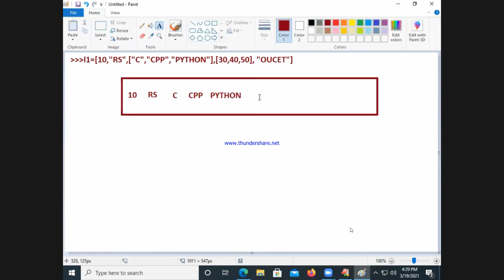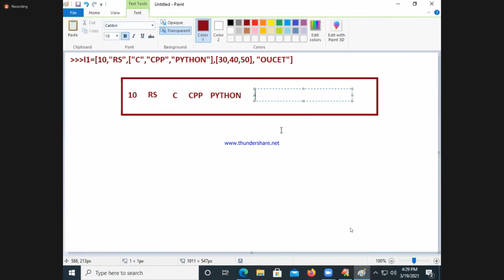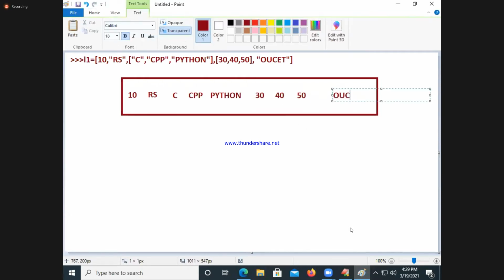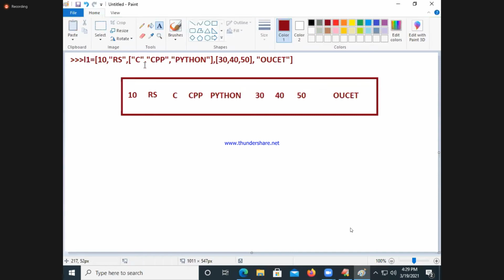Next I will take one more thing: 30, 40, and then 50, and the last is OUCAT. Here, this is called one element of the main list. This is also an element of the main list. This is called one part of the inner list of the main list, also called the inner list of the main list.